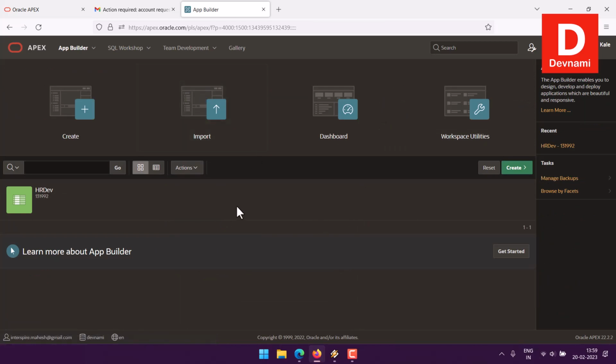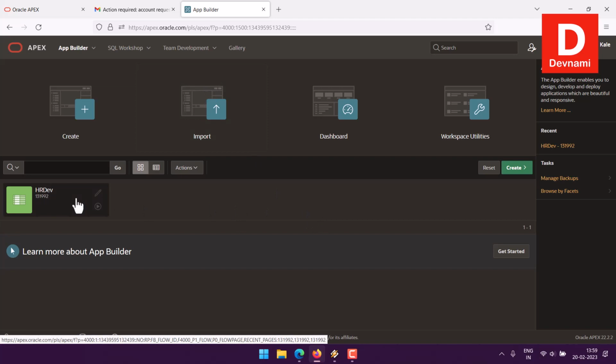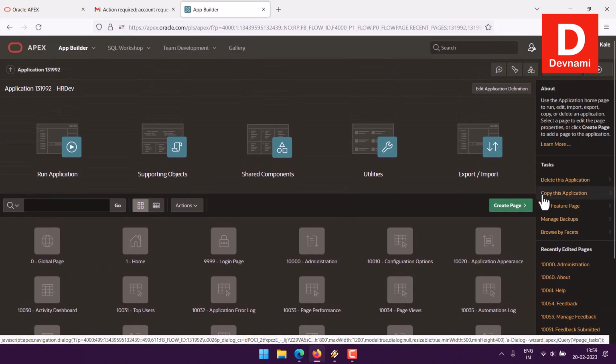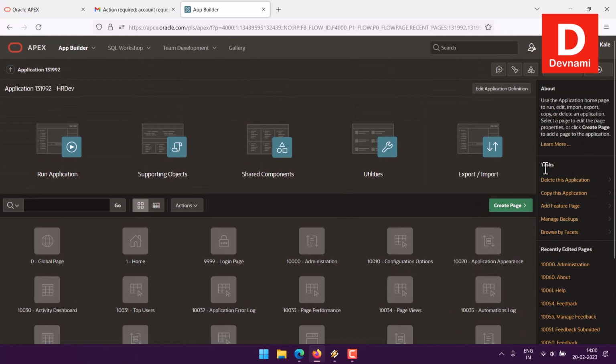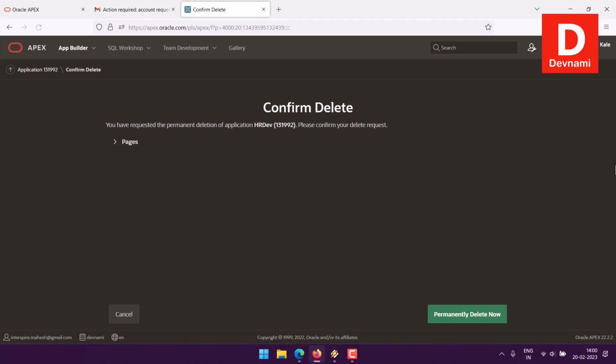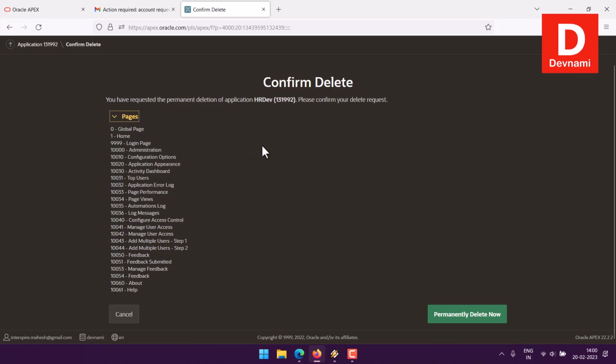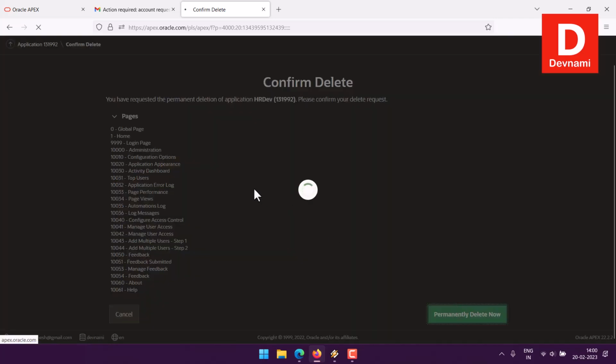So we have seen some of the areas within our application. So at the end, let's say if I want to delete this particular application, so what I can do within Oracle Apex is click on this edit option, right? And let's see the option to delete everything. To go to that, we have tasks, click on delete this application, right? And here you can see the pages, all that is about to be deleted. So again, click on permanently delete now,